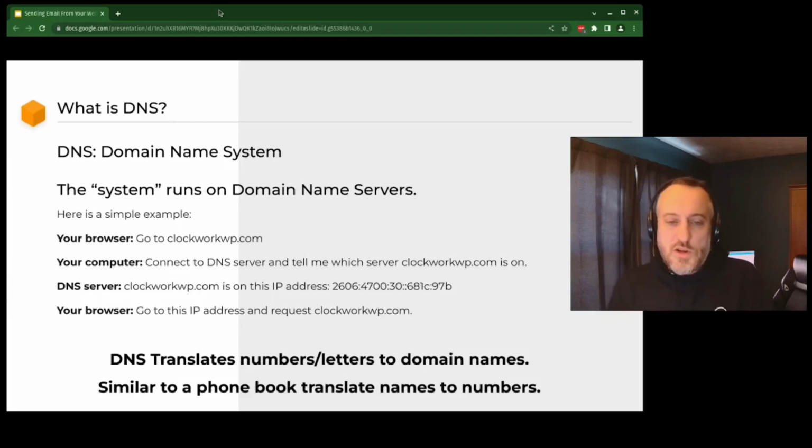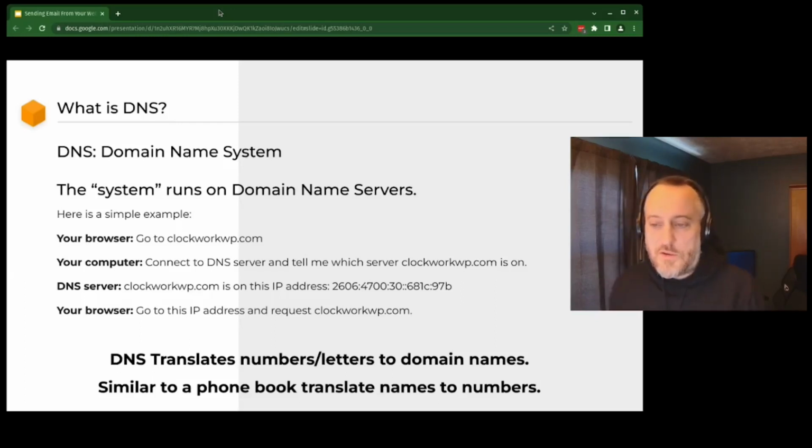When you try to go to clockworkwp.com in your browser, you type in clockworkwp.com, you hit enter, and then magically the website is pulled up. What happens is your browser says go to clockworkwp.com, and the computer says, okay, when I got my IP address for the computer or phone or whatever it is you're trying to go to the website on, it looks and says, okay, we're trying to pull up Clockwork WP, so let's look up the DNS.